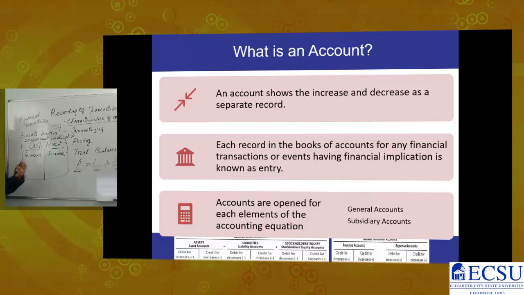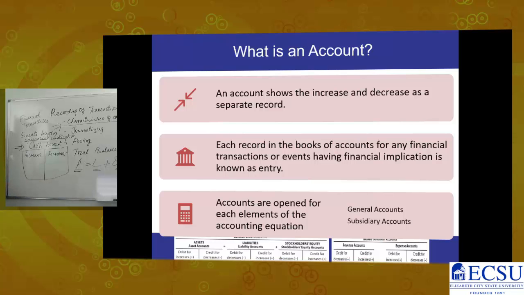Now, that could be a general account. For example, if it is a cash account, that's going to be a general account. Why? Because we are not talking of cash with Wells Fargo or cash with, let's say, Bank of America or cash with, let's say, a credit union. So that means if you are breaking that main account and opening several accounts for individual items, that is known